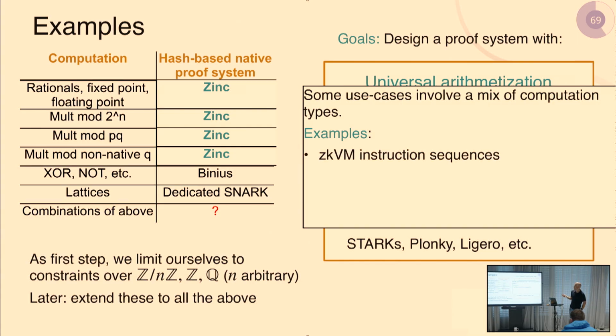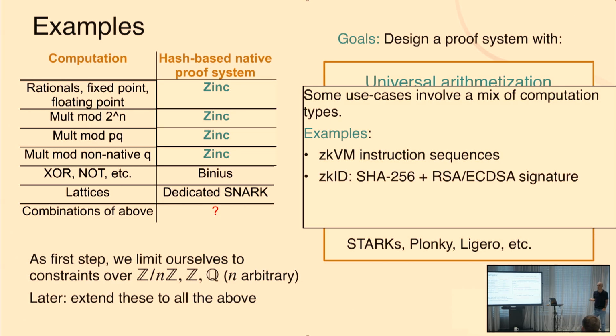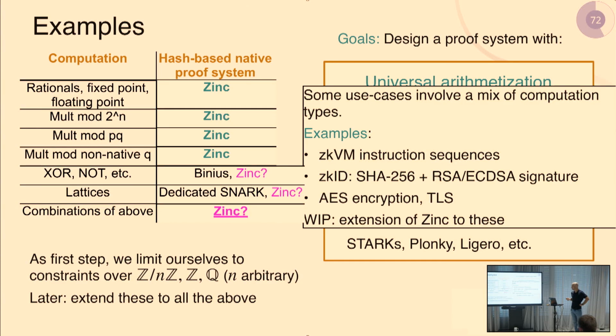And you might think, okay, we have good proof systems. If we have good proof systems for all the rows except the last one, we can sort of just combine them and create proof systems for computations that use all the computations, maybe. For example, zkVM instructions use different computations from the table. Applications like zkID related applications where you do a classic hash of something and then you sign it. AES encryption, TLS. But it's not that easy because there's a lot of interleaved operations between different types of